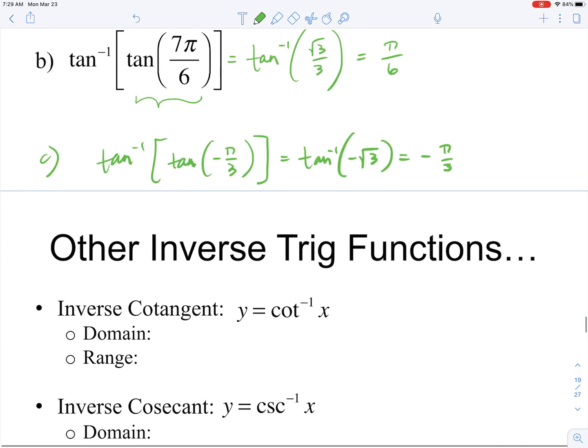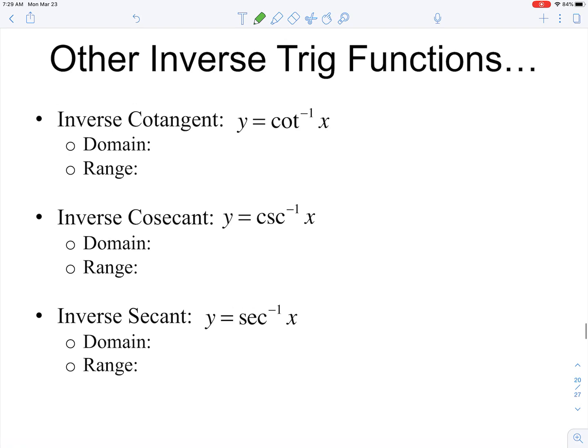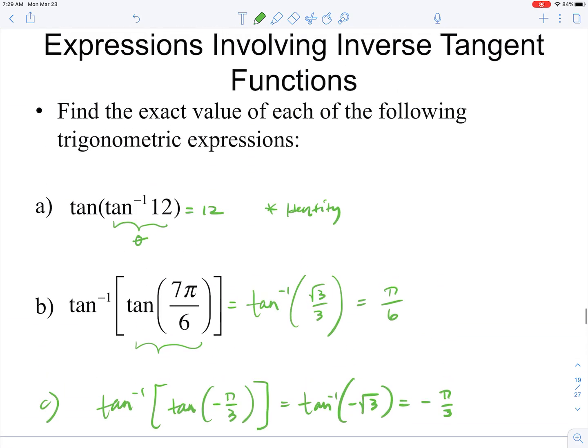So I'm going to pause. I'm going to stop there, and we'll finish looking at the other inverse trig functions in the second part of